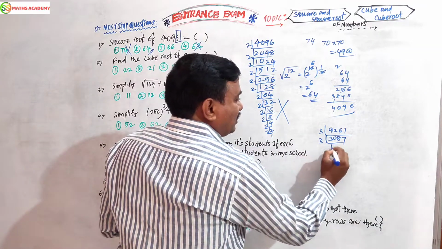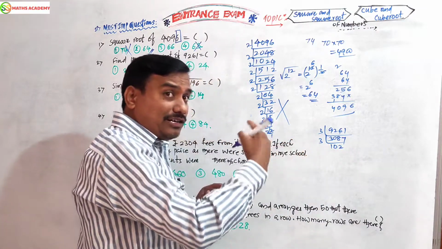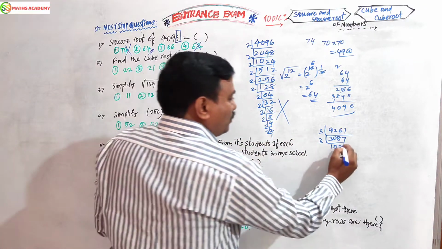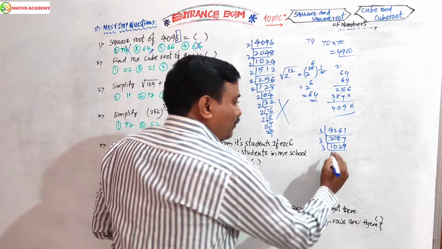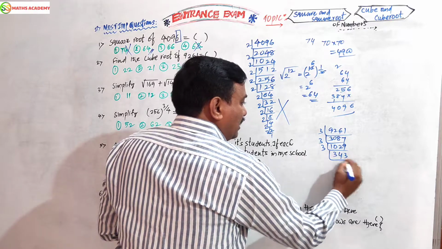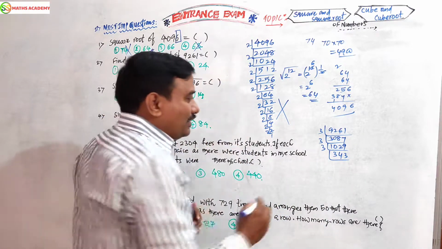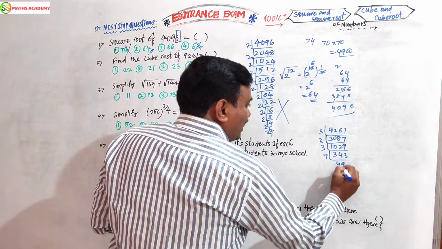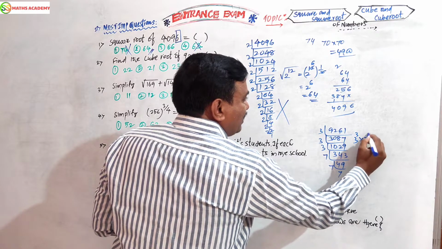Next 3 10s are 30, 3 2s are 6, again 2 remainder, plus 7 we got 27, 3 9s are 27. Next 3 3s are 9, 1 remainder, 4 3 4s are 12, 3 3s. Next 3 4 3 will come, we can get the idea: 7 cube. So 7 4s are 28, 7 9s are 7 7s. So 3 3s, 7 3s.